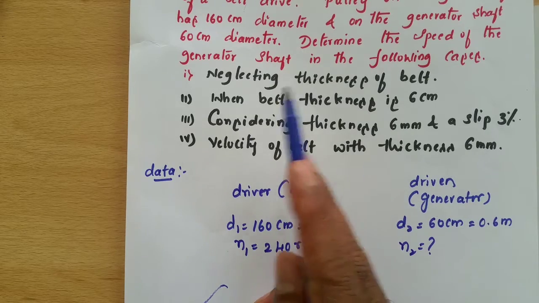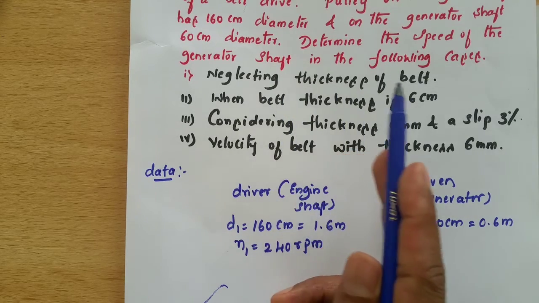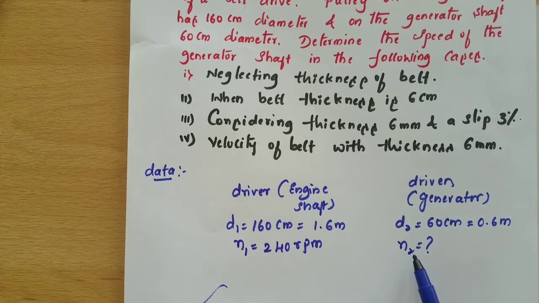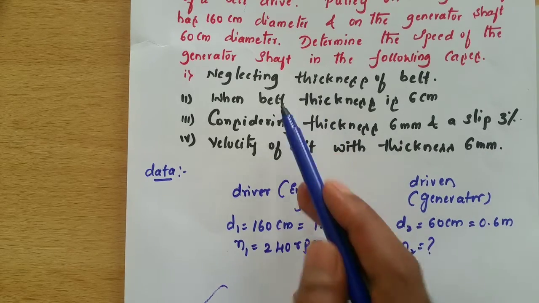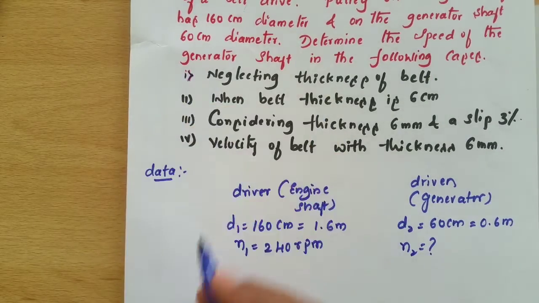At the end we have to determine the speed of the generator shaft in the following cases. We need to find the N2 value for these four conditions. Now for the first one,